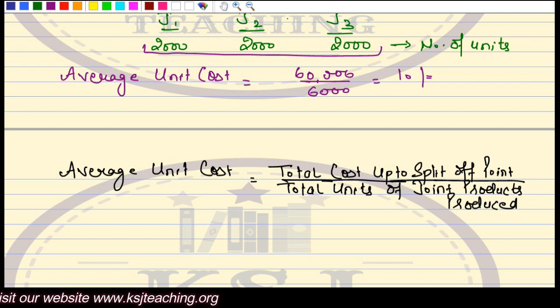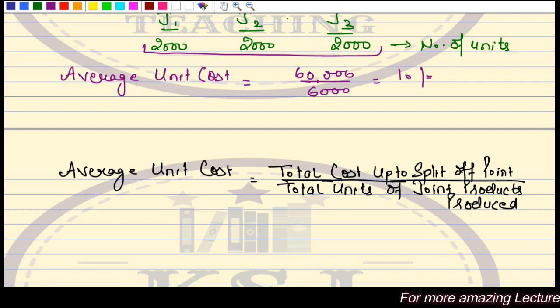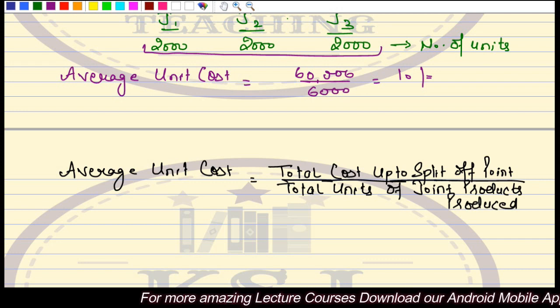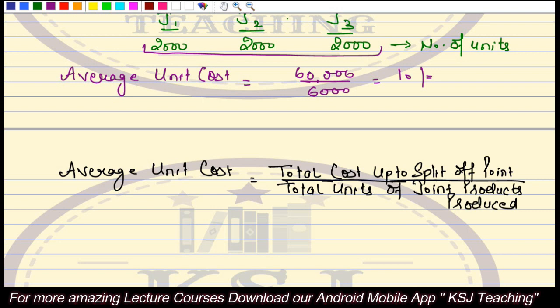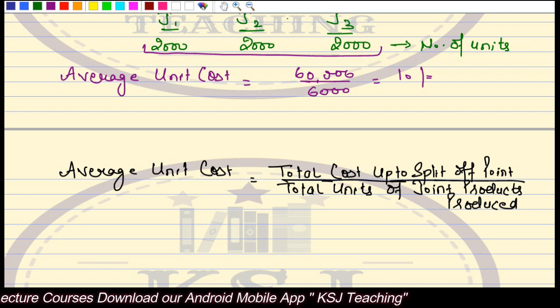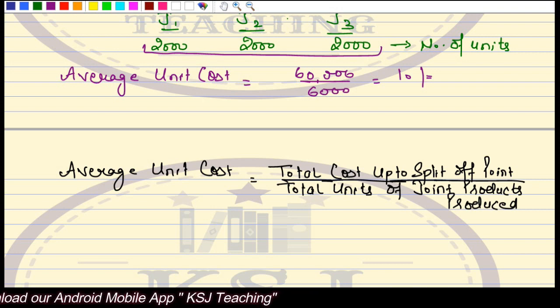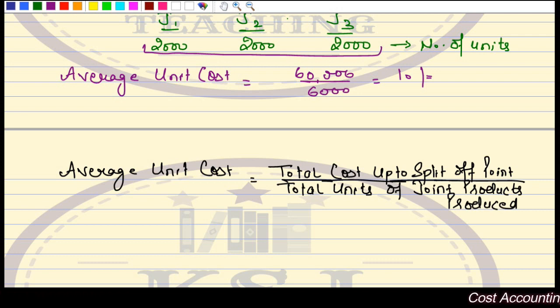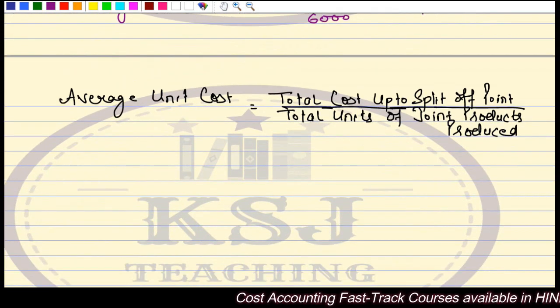First we are doing 6.1, the average unit cost method, on page 13.3 of the joint and byproduct chapter, right? KSJ handbooks, page 13.3, average unit cost method. Under this method, the total process cost up to the point of separation is divided by the total units of joint product produced. On division, the average cost per unit of the production is obtained, right? Now, what is the cost per unit now?